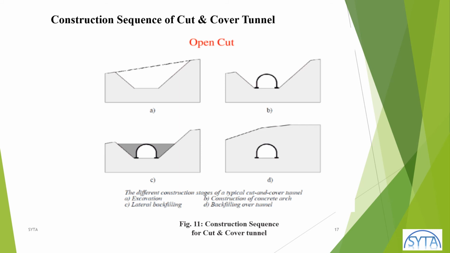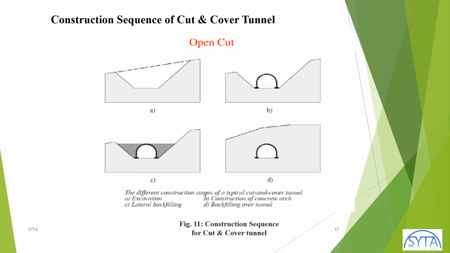excavate the ground profile with a slope of 1 vertical to 1 horizontal in layers of depth 2 meters at a time, providing additional support of shotcrete 200 mm thick and wire meshing of 150 by 150 by 6 in 2 layers at the slope for slope stability, which we concluded in the previous slide. Excavation shall be carried out in a way that construction does not damage the existing tunnel and the safety of the existing operation line. In the construction sequence of this tunnel, casting of the base slab is done by providing dowels for side walls, lifting the walls in shifts.